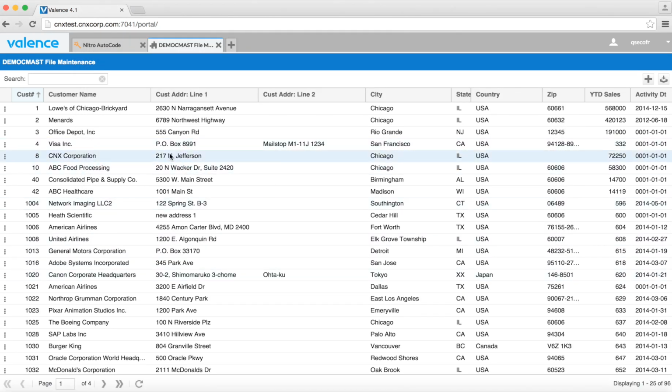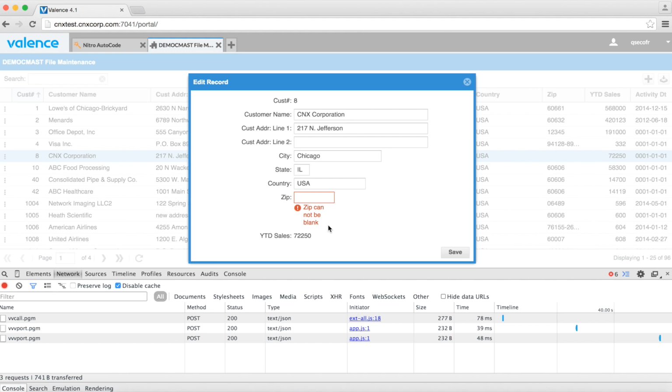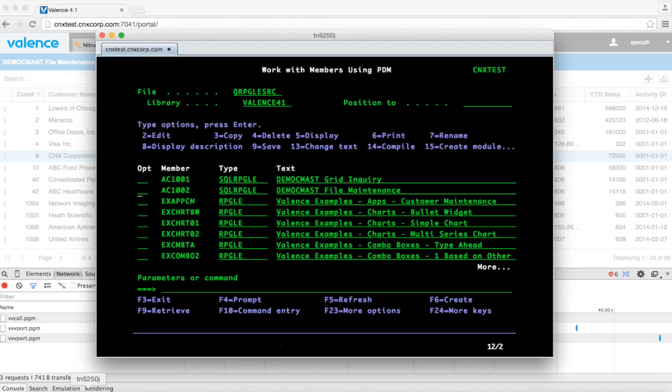Now, I shouldn't have to reload the user interface because it was just an RPG change when it calls the RPG program again. Now, the error message that's displayed next to the field can't be any longer than the field itself. It's because of the way the system lays out the fields, but you could make the zip code field display longer to be able to include a longer error message. But let me just show you if I don't include